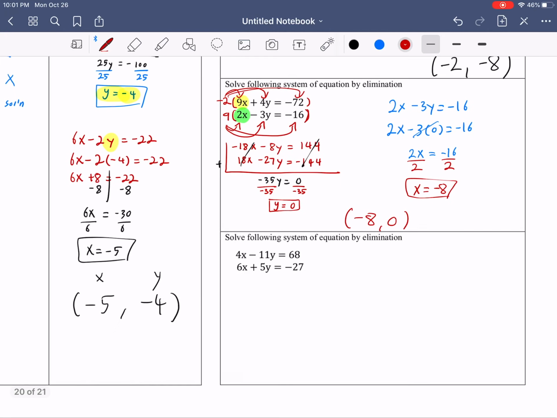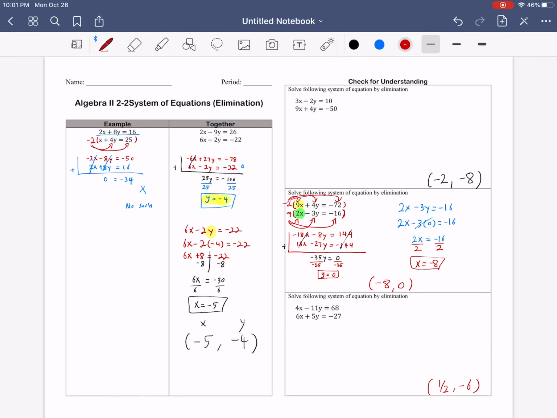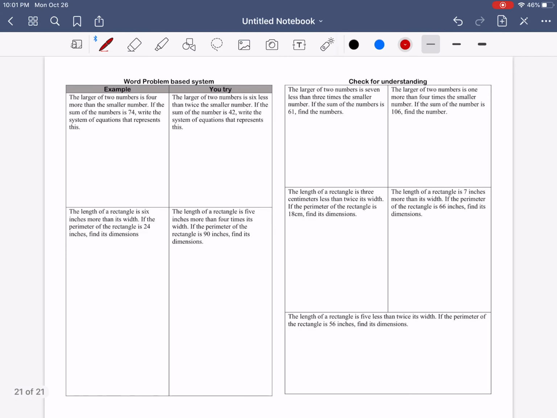Same thing, guys. Try this question by yourself. You should get 1 over 2, comma negative 6 as an answer. Okay? Alright. Word problem. It's gonna be a bit